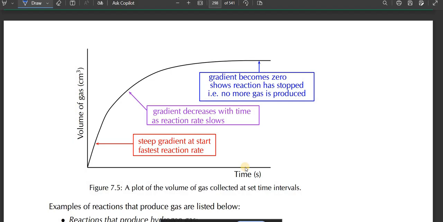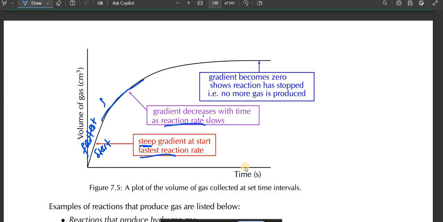Okay, and what is important about this graph is to know that at the start of a reaction, the gradient is the steepest, which means that is where the reaction is the fastest. That's very important. And then as it proceeds, the gradient decreases with time, which means the gradient now becomes more gentle, so the reaction is slowing down. So this is fastest here,